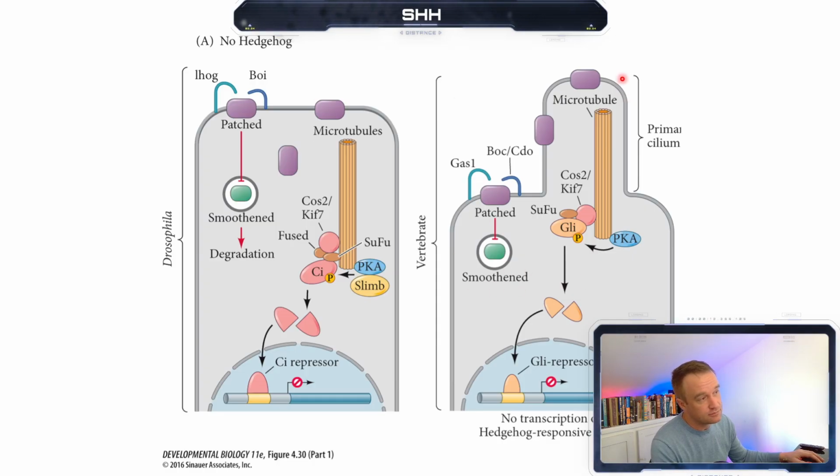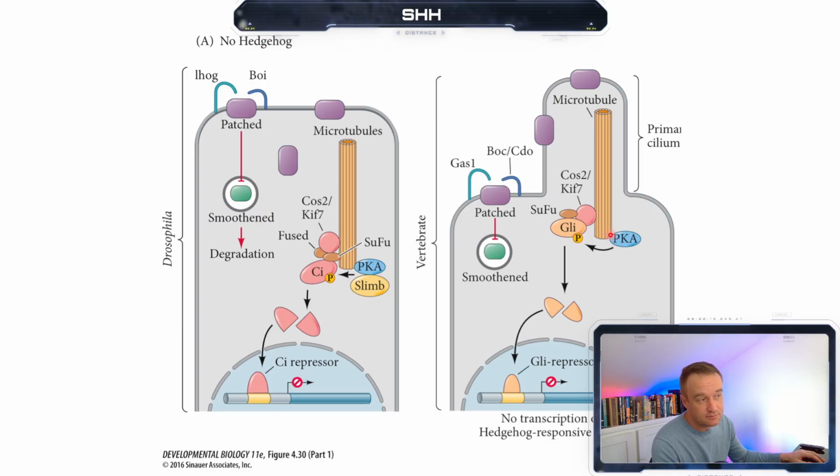Because of that, we have this complex over here, the PKA GLI complex, and it also has SUFU here. These are mediators. SUFU, COS2, and KIF7 just bind to the microtubules. They're like mediators or chaperone proteins, they help to form the complex, but they're not really doing much. Anyway, we have this microtubule bound complex, and in this complex, what happens is